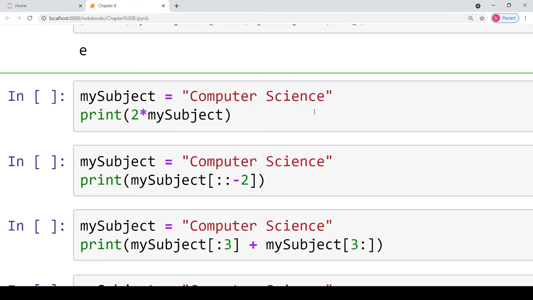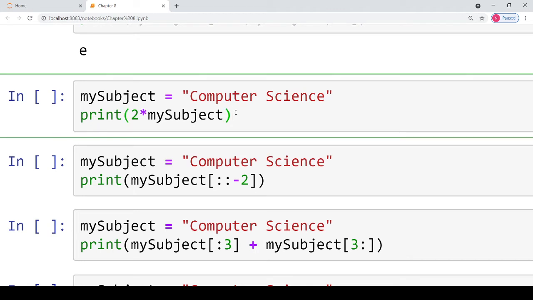Coming to the next part. In this part you have to perform string concatenation, or rather string repetition using the star operator. As you know, the star operator is a kind of string concatenation in which you concatenate the string with itself as many times as specified on the left hand side of the repetition operator.